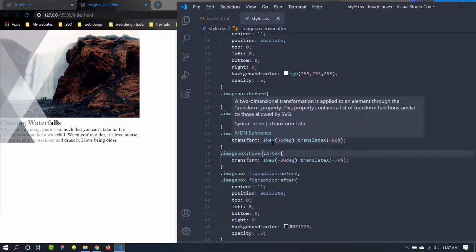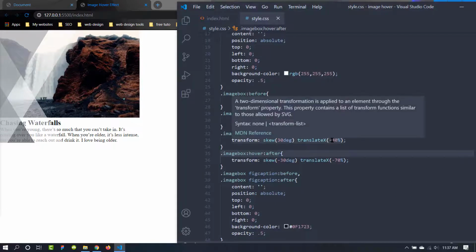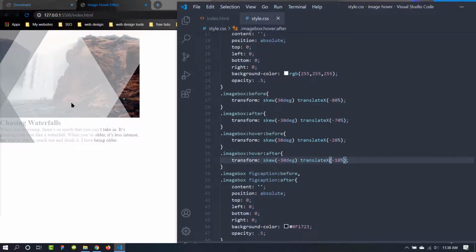The regular value was 30 degree, and we are not going to change that, but we are going to change the translate x. So let's reduce it by 60%. So it is now 80. Let's make it 20%, and in here it will be 10% because 70 minus 60. So this is it, but it is happening too quick.